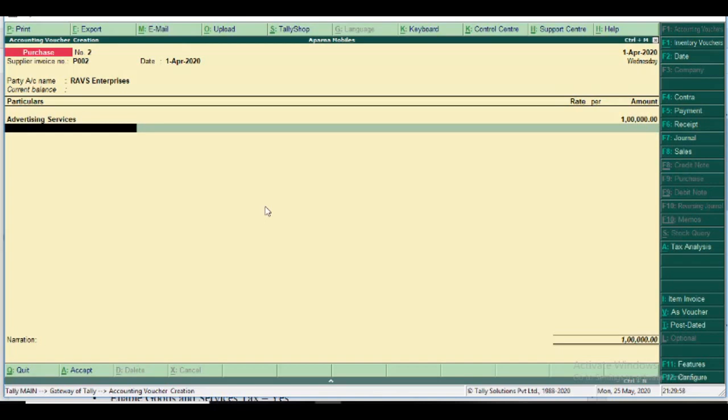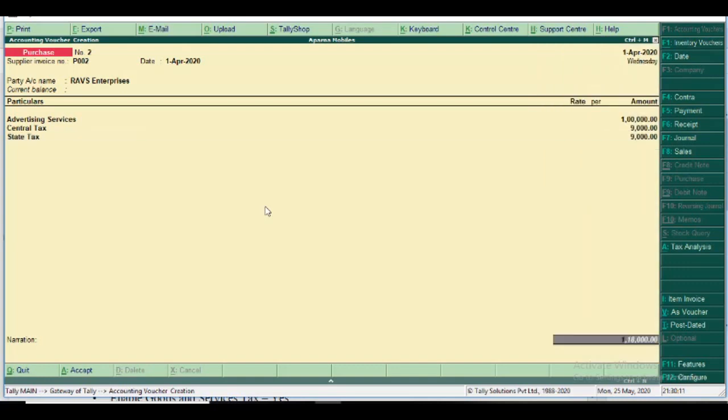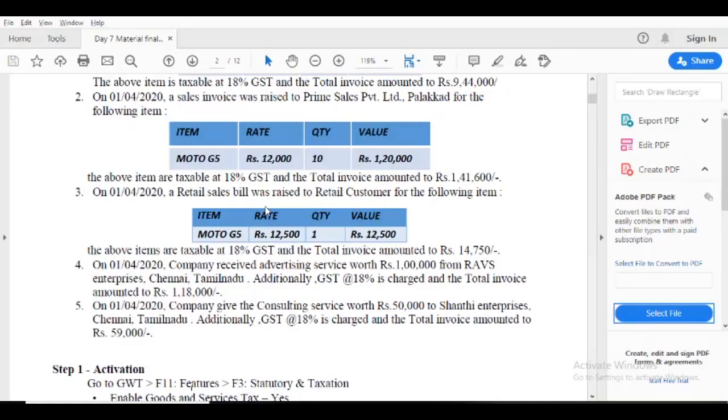So Tamil Nadu to Tamil Nadu, central tax and state tax are involved, so we select central tax first, the amount comes 9%, 9,000, then state tax 9,000, totally 1,08,000 comes, and that is finished. Then I move to